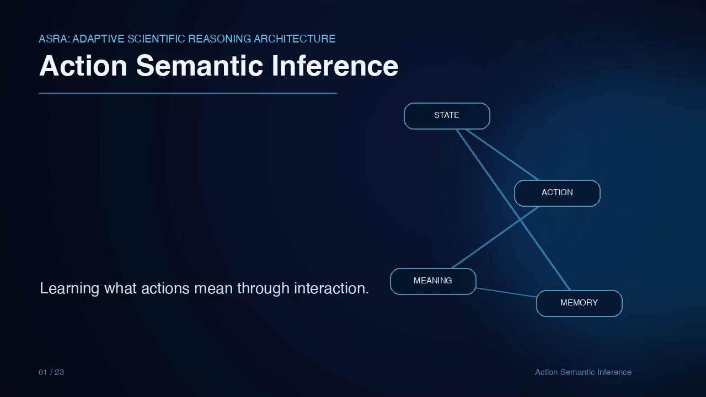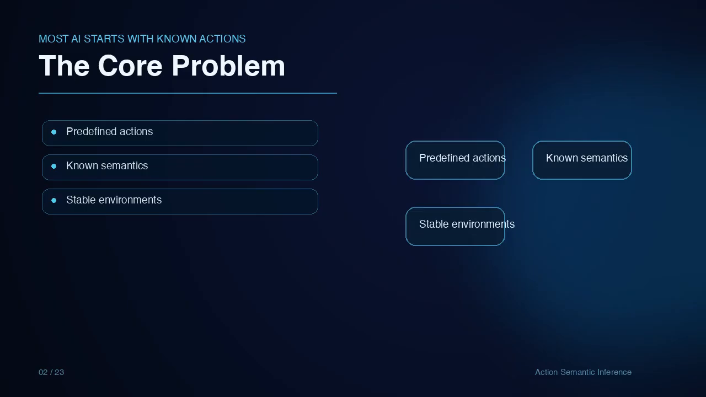This is the central idea behind action semantic inference in ASRA, the adaptive scientific reasoning architecture. Many modern AI systems assume that the meaning of an action is already known. The policy chooses from a fixed menu, the environment gives clean feedback, and the training loop rewards the right mapping. That is powerful when the world is stable. But it is fragile when the mechanics are hidden, the objective is implicit, or the same action changes its effect